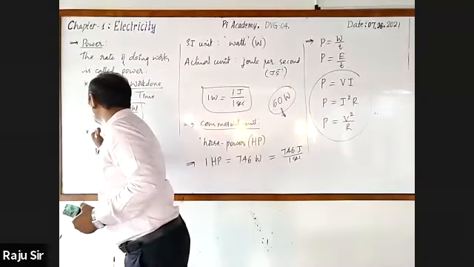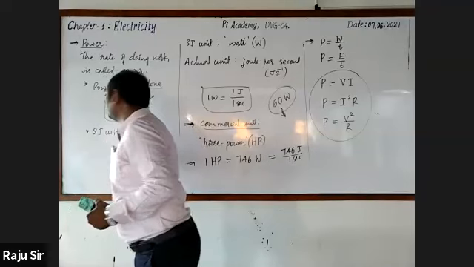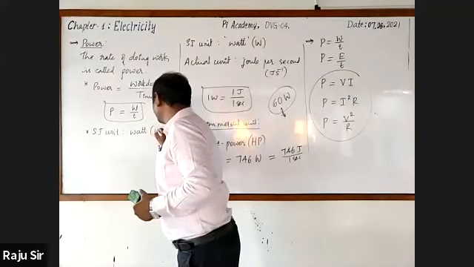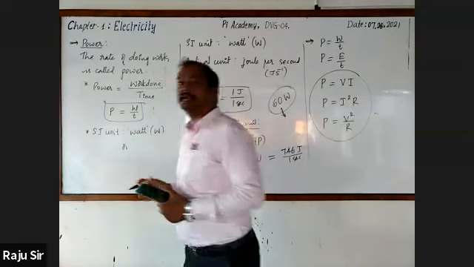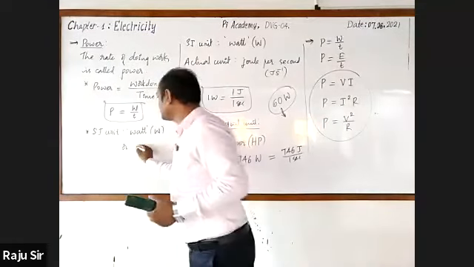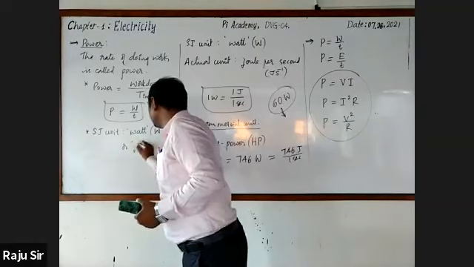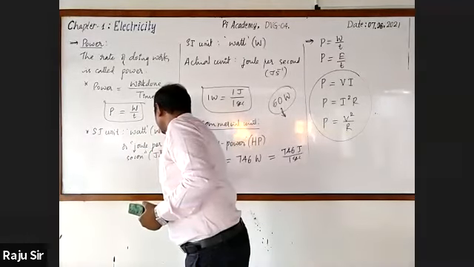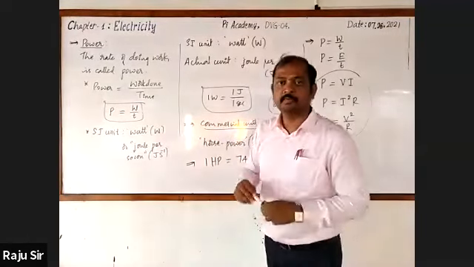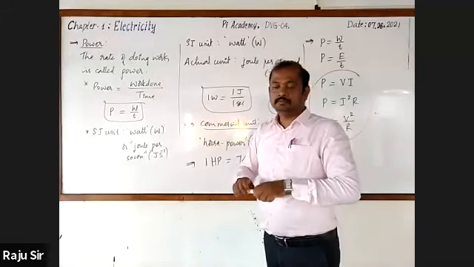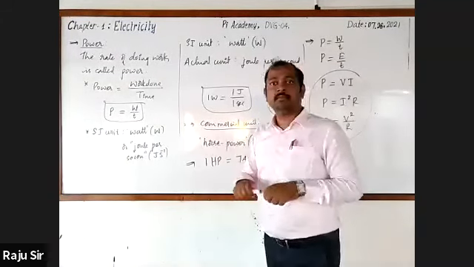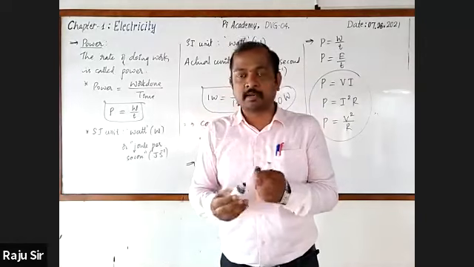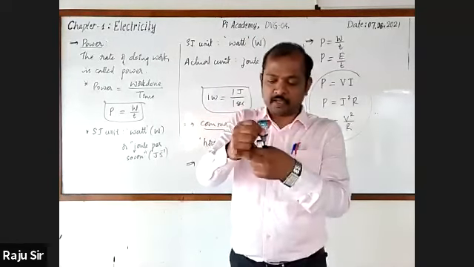Then below, write its SI unit, System of International Unit. This is watt. In bracket, write W. And other unit is joule per second. In bracket, J S raised to the power minus 1. This is general information regarding just power. Now you write side heading electric power and put double star mark for this. Electric power.